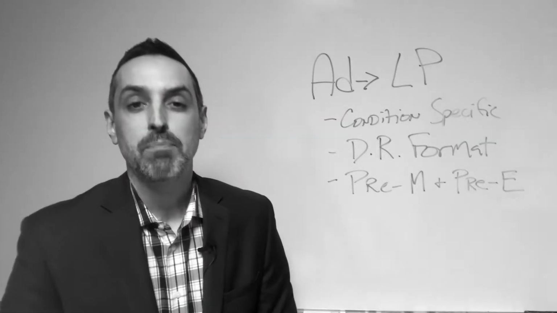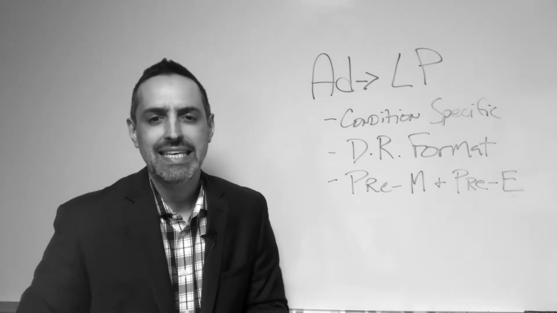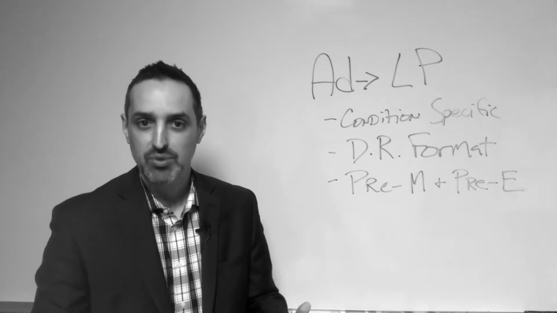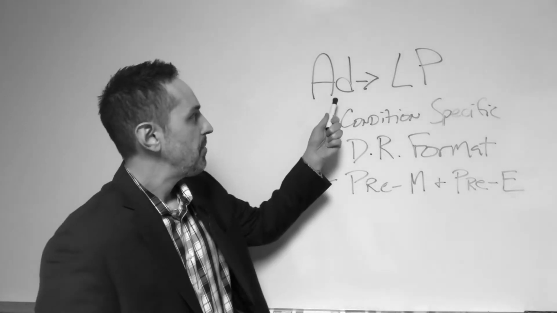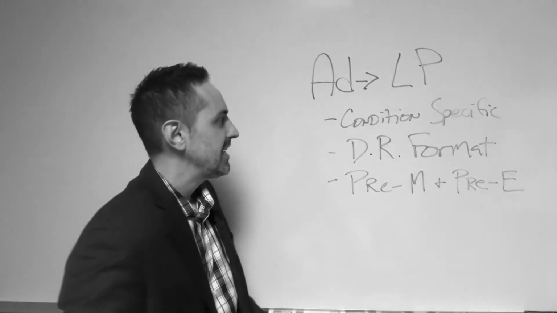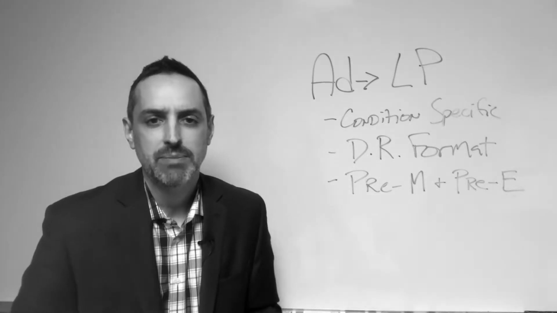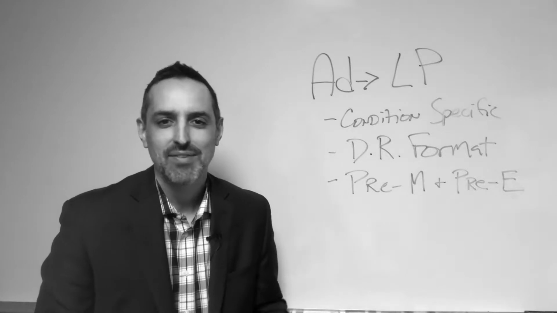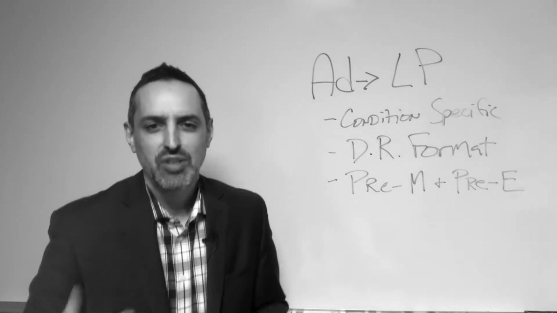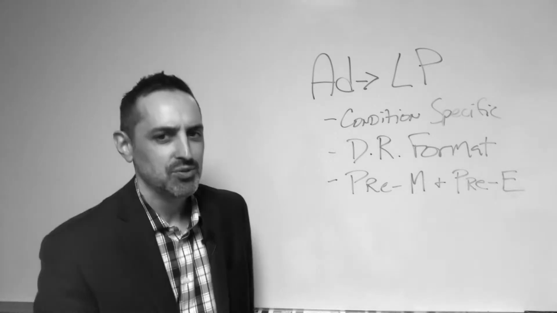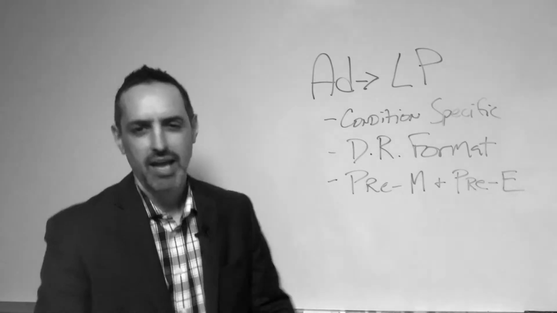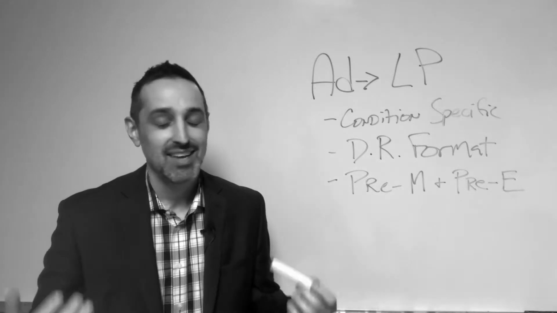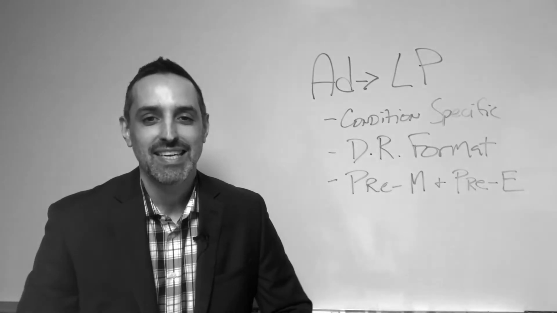Okay, the next critical thing in improving the quality of your digital marketing leads is the congruency between the ad and your landing page or your website, wherever you're driving them. So, ad to landing page. So first of all, it needs to be condition specific. The $27, you get an exam and a consultation and x-rays and an adjustment and a massage and chicken soup. It's like that type of thing. It does not create a very high quality patient, guys.